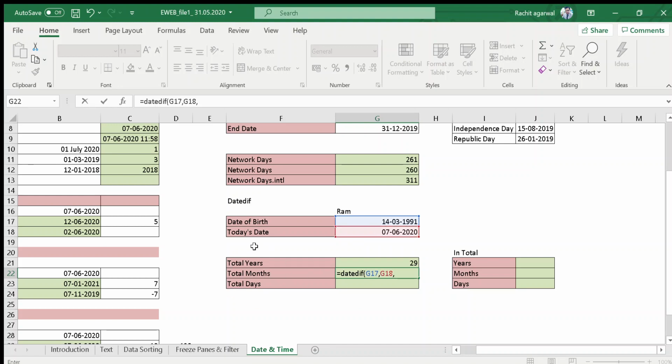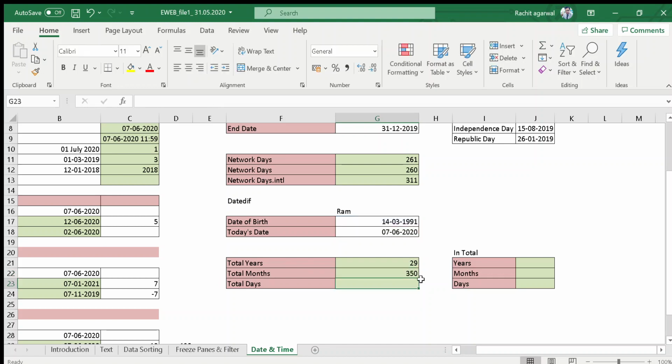Here I want to know the total months, so I will select M in double inverted commas. In years you select the Y, in months you select the M in capital letter, bracket close, press the enter key. Now the total months has been calculated, that is 350 months he is old.